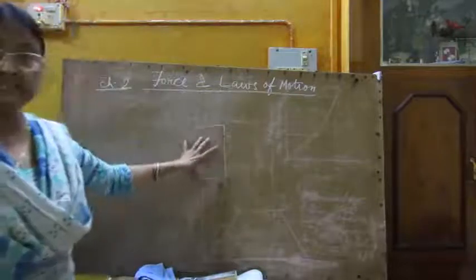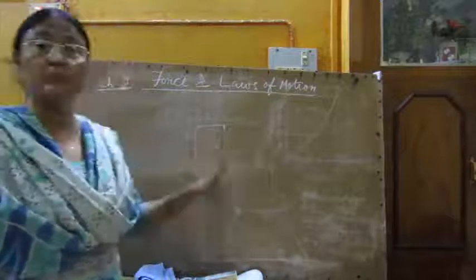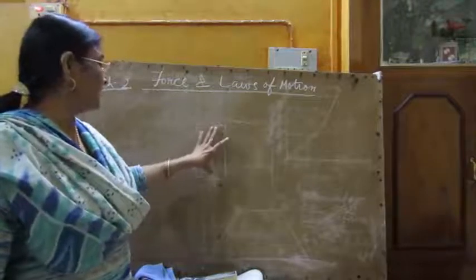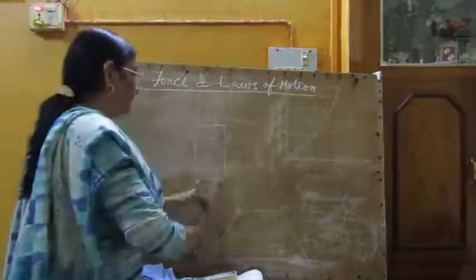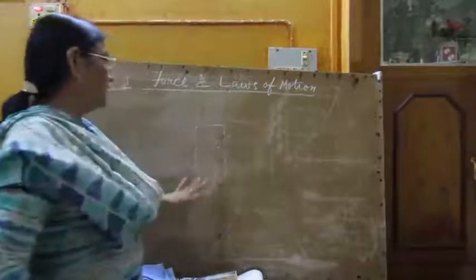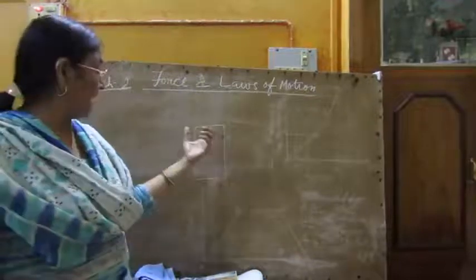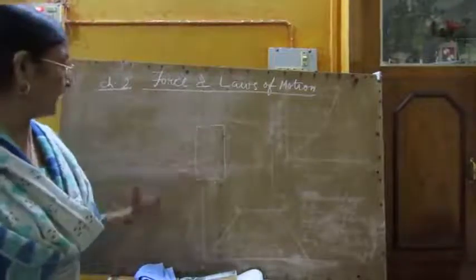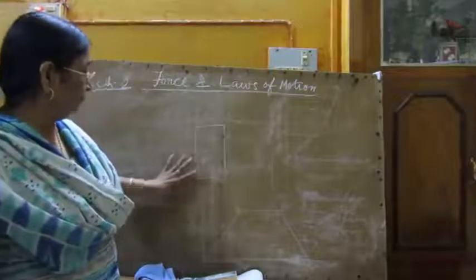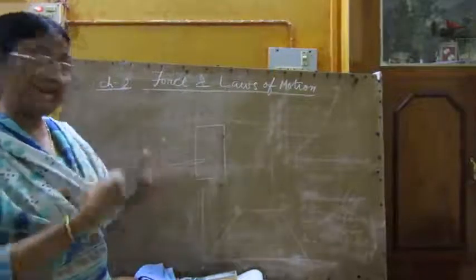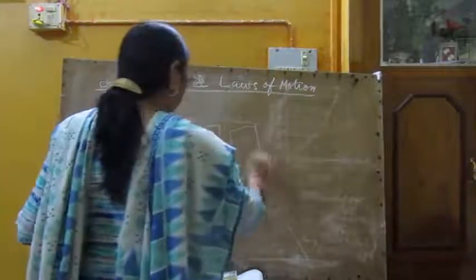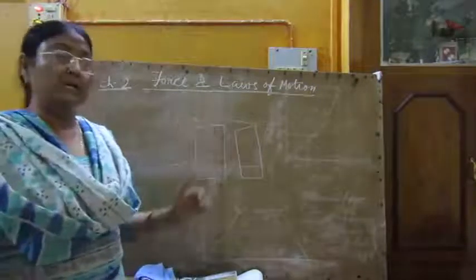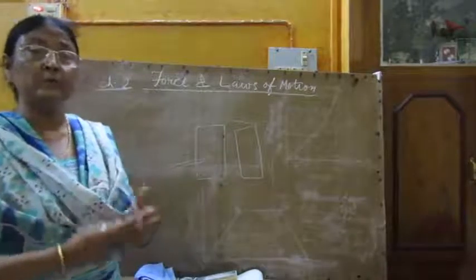What is the physics behind it? The physics behind it is the inertia of rest. How does it work? At first, the dust stuck inside the carpet and the carpet are both at rest. But whenever I beat the carpet with a stick, what happens? The carpet comes into motion all of a sudden and moves away in this way. But the dust particles inside the carpet, due to the inertia of rest, still continue their